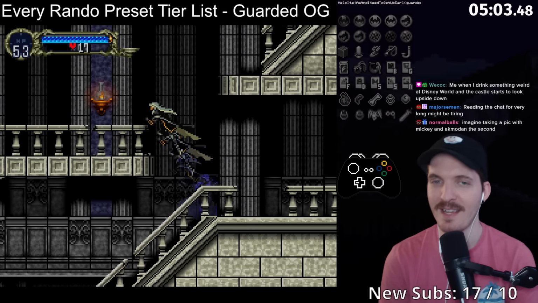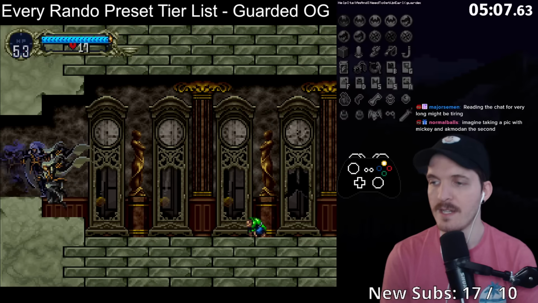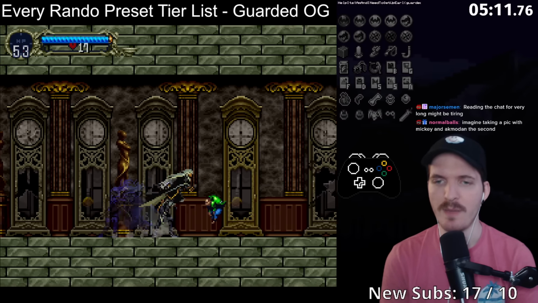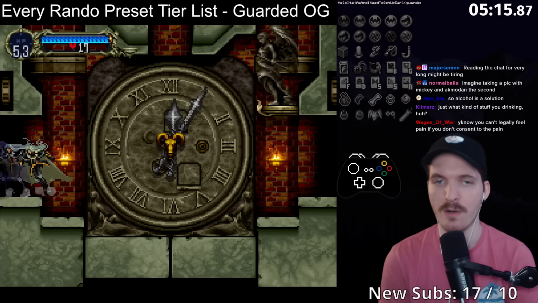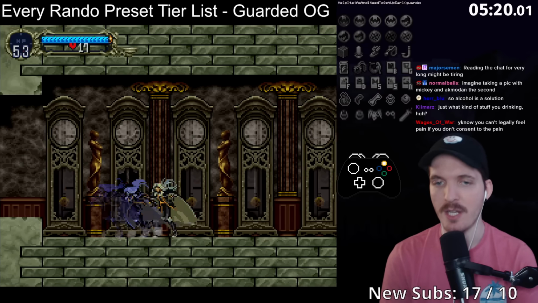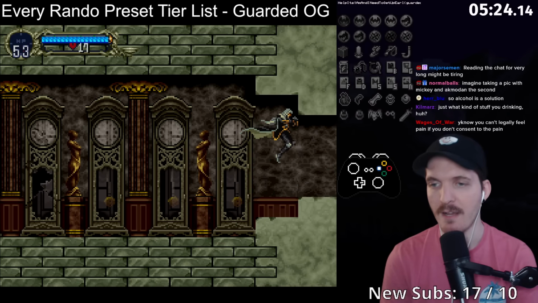Imagine taking a pic with Mickey and Aquadon the second. I'd believe it. Reading the chat for that long might be tiring. I don't think so. I mean, it is tiring to be a performer for that long. Granted, it's more just being an elevated energy level version of myself. It's not like I'm performing like being a fake person, but